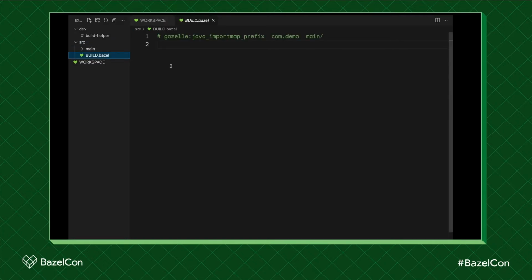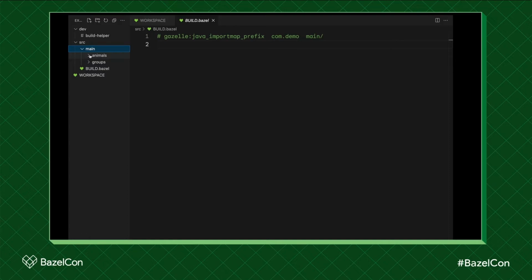In this build.bazel file, there is a custom Gazelle directive that we've written. All this directive does is map an import prefix to a directory, main, which we can see on the left. What this means is that any import statement that begins with com.demo, we know it will be under the main directory. All right, so let's enter the main directory.